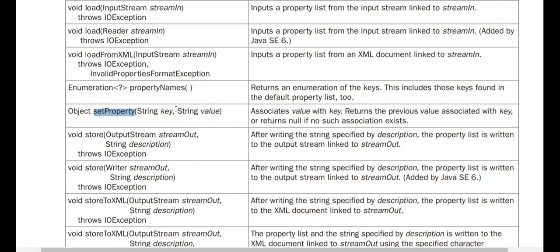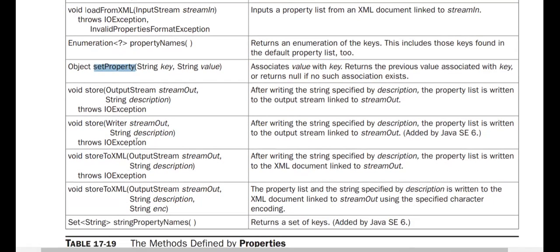So it returns the previous value associated with the key, or it returns null if there is no association between the key and value. Then store method. So store method, after writing a string specified by the description, the property list is written to the output stream. So wherever the output stream is linked, there this will be written.